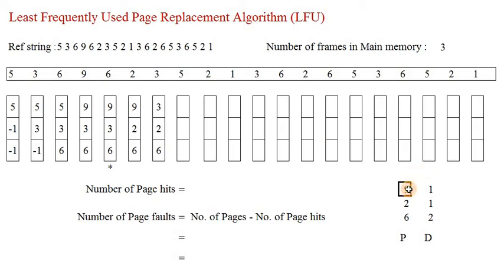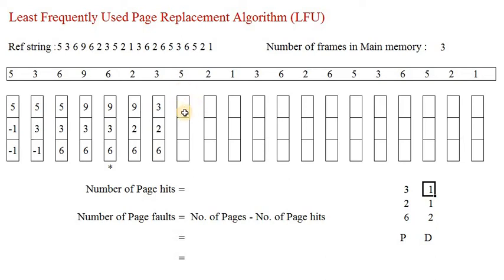So replace 9 with a 3. The degree for 3 is 1 only. Why? Because before that, 3 had already been inserted and deleted here, so we don't consider that degree. Whenever it was removed from the main memory, the degree becomes 0. And now it has been newly inserted again, so from 0 it has incremented by 1, that is 1 only. So for 3 the degree is 1.